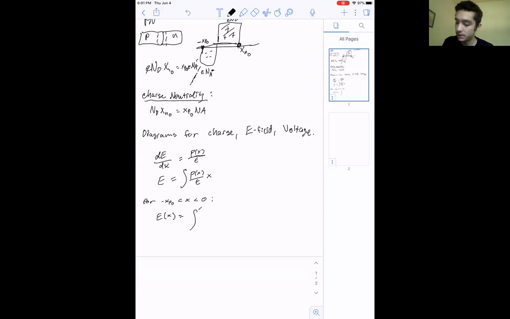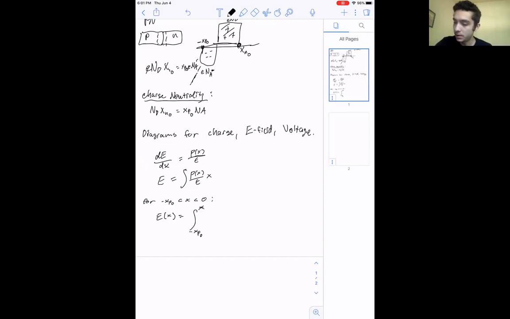You're going to have this. So x on the upper limit is just arbitrary, and then on the bottom it's xp naught. And it's going to be 0 everywhere else, just so you know. Actually, one more comment